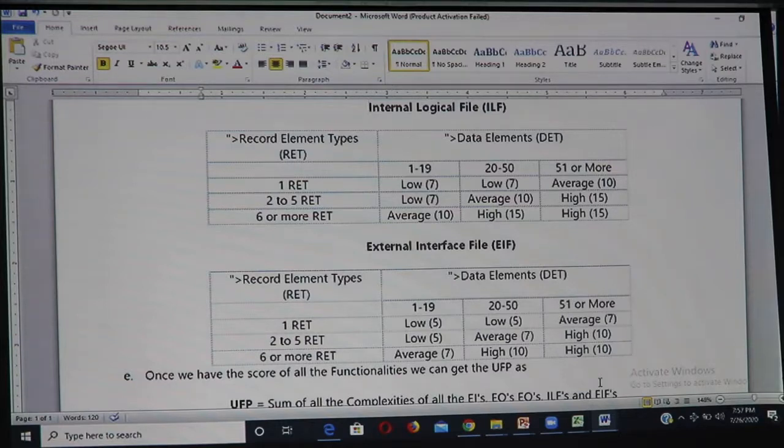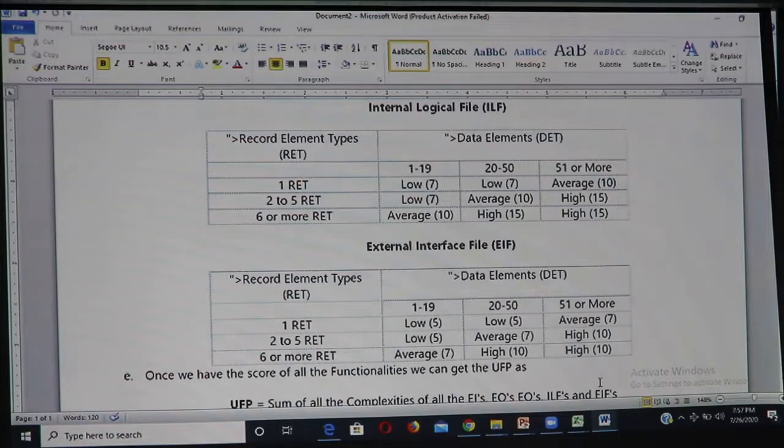Logical subgroups can be 1, 2 to 5, or more, and based on that the number of points you are going to count will differ. Similarly we also consider the external interface file, which is EIF.